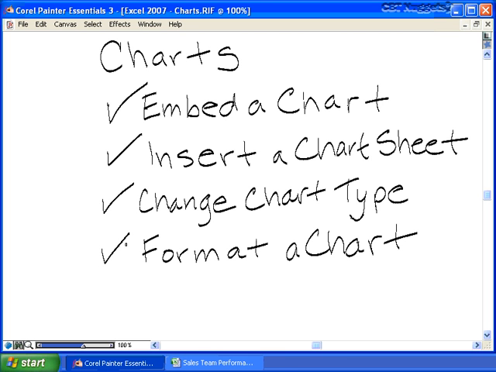We went to the Design tab, the Layout tab, and the Format tab. Each one of those allowed us to choose which object in the chart we wanted to modify, and then gave us a whole slew of commands that aided us in giving our